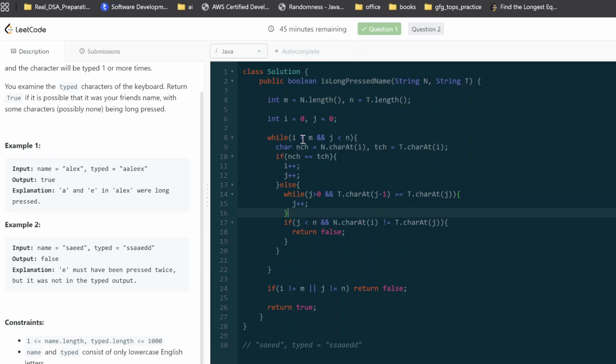Because if it is not matching and j minus one equals caret j, it means we have continuously the same character. So there might be a faulty keyboard, so we can move, right? And if j is less than n and we are not able to match any character in I, this means we are in a bad position. So I'm returning false